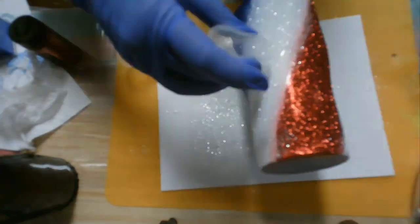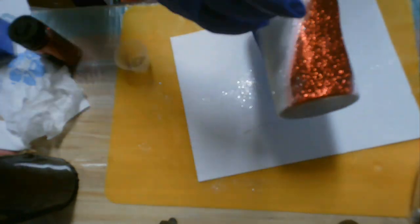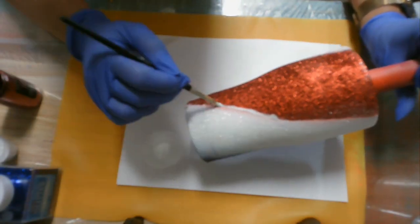And the reason why I have two white sections is one side is going to be where I put my decal, and then on the other white section is where I'm going to put the name that I plan to use. So this is dried now